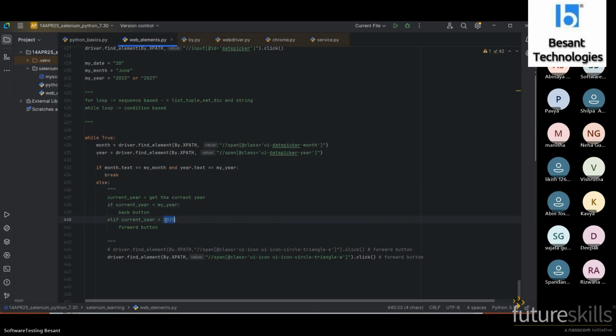Whatever year they have provided, you are supposed to check against the current year whether it is greater or less. If it is greater, then you have to click the button accordingly.